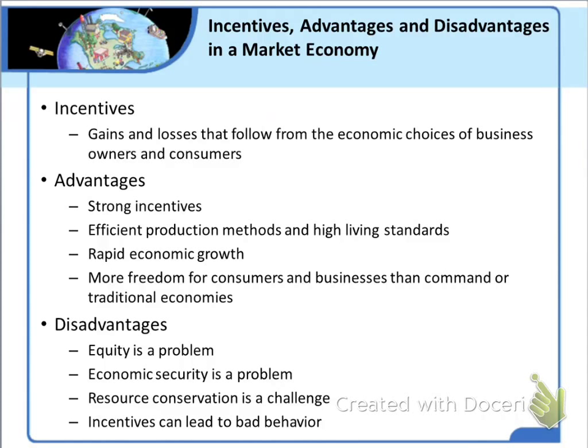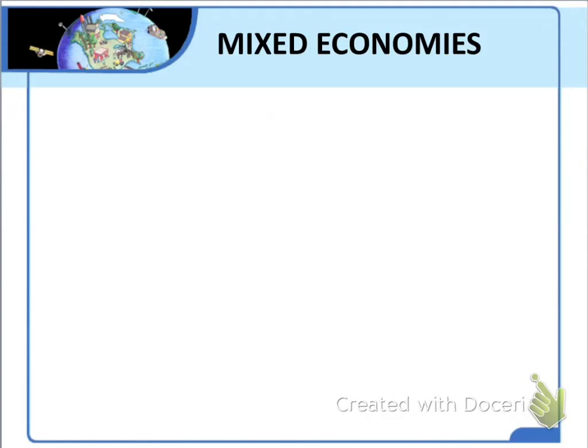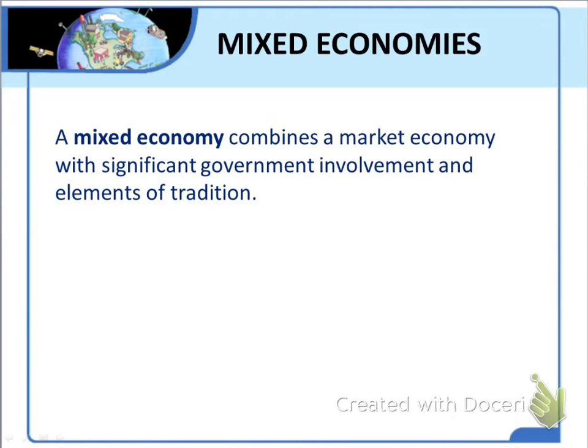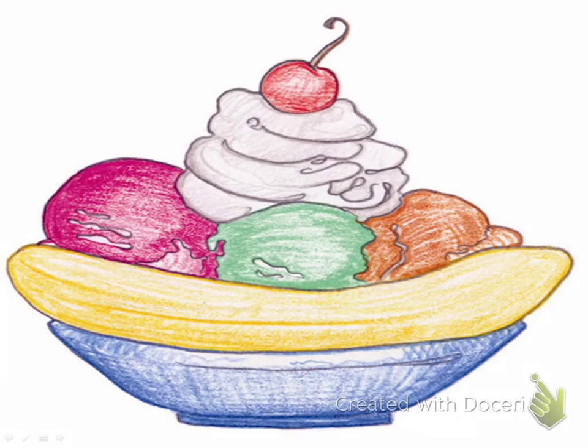When government involvement in a market economy becomes substantial, society has a new concoction that we call a mixed economy. Banana splits are a favorite dessert because they contain the advantages of fruit, ice cream, and chocolate syrup, without too much of any one thing. And you see that banana split right here. Mixed economies are really the banana splits of economic systems, and they're every bit as popular as a banana split.